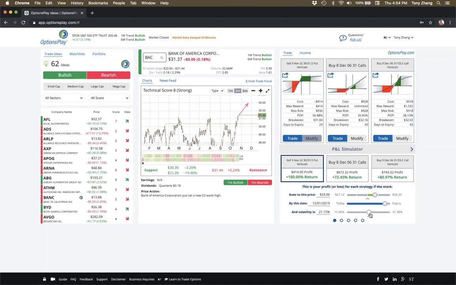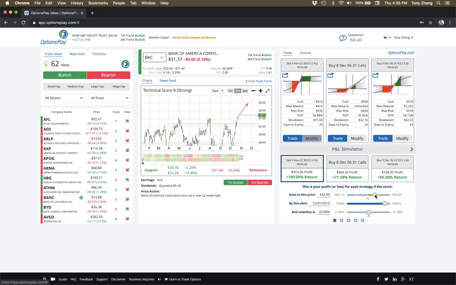Not a big move. Versus if this stock even goes from $33 to $32.50, I go from $800 down to about $392. That 50 cents change in the underlying price has a far larger impact on whether I make or lose money on the trade, versus if the stock makes a big move, volatility will only impact a fraction of my trade. So that's my point: the stock moving is going to have a much larger impact on your P&L than volatility. So if you start selecting strategies based on just volatility alone, you're likely going to severely underperform in